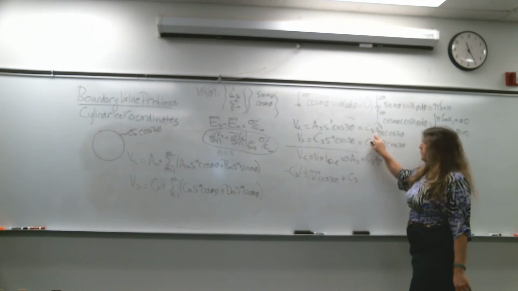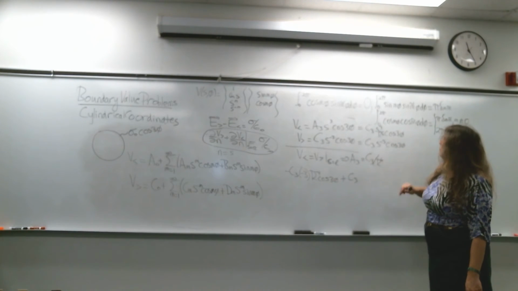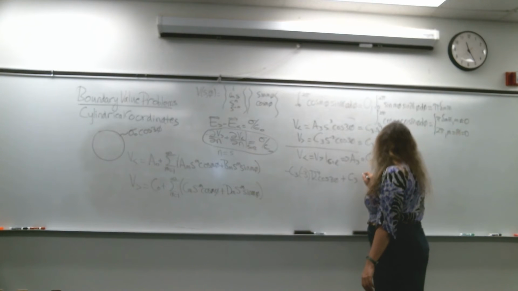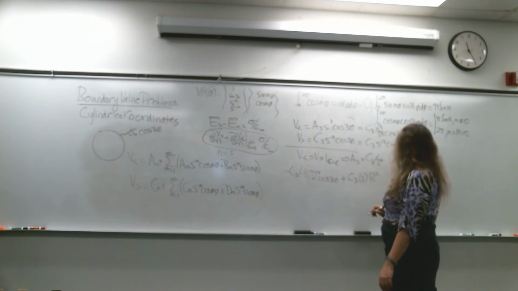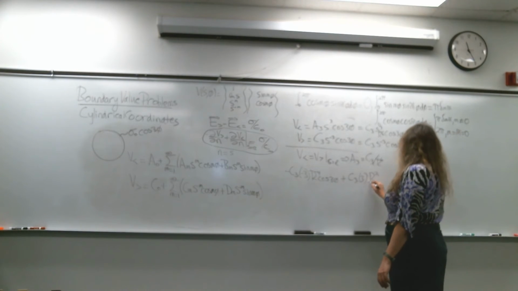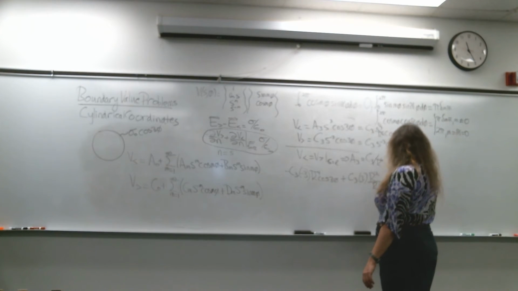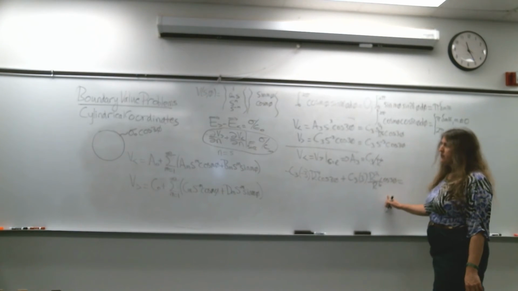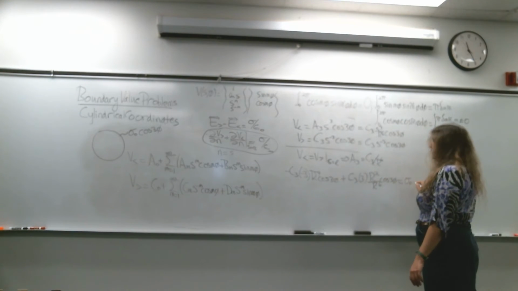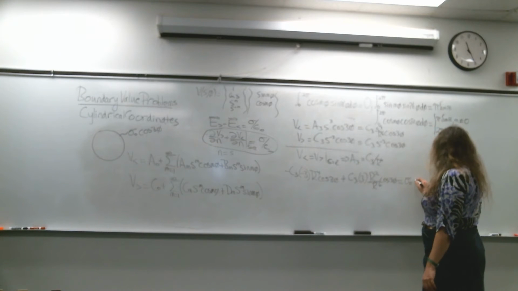You take the derivative of this with respect to S, so that would be 3 times R squared over R to the 6th, cosine 3 phi, is equal to sigma naught times cosine 3 phi